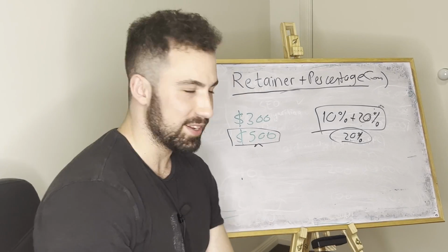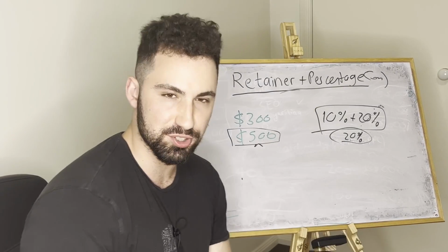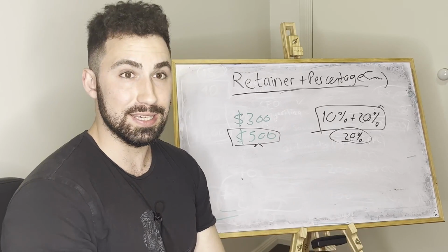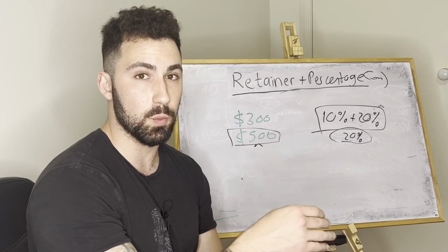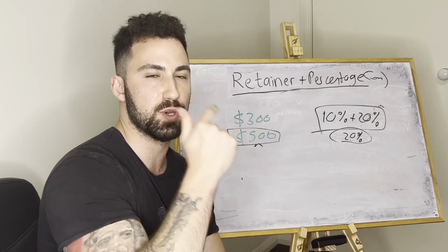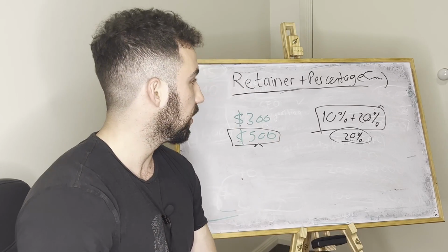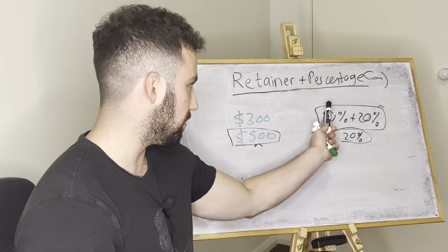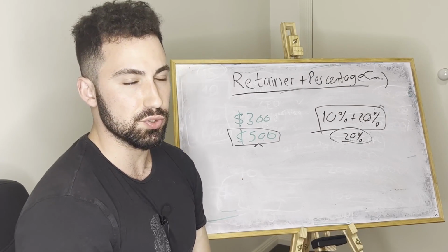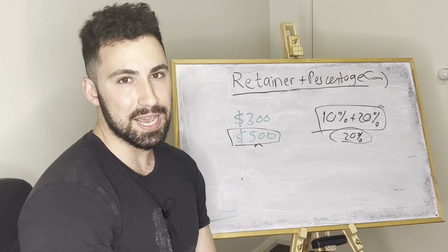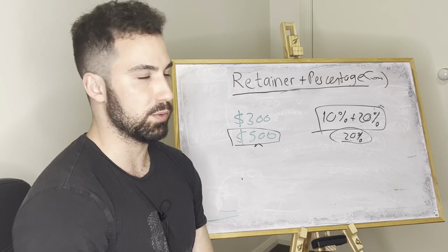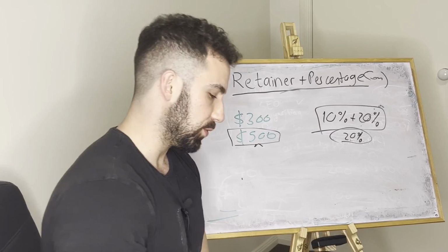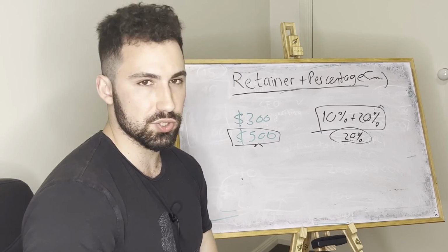Right, welcome back. Now we're covering the retainer plus percentage model. You might be asking, what is percentage, Jim? You're gonna cut them a percentage from what they spend on Google ads, Facebook ads, LinkedIn ads, right? You're gonna cut them 10% to 20%. I suggest minimum 10%. Some agencies do 8%, but you don't have to really bother with 8%. 10% is pretty good. 20%, what I suggest, you can do 10% if you're kind of scared to ask that